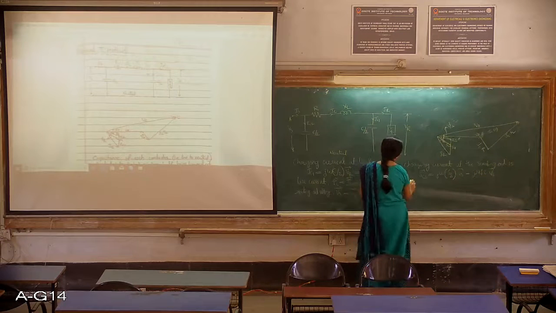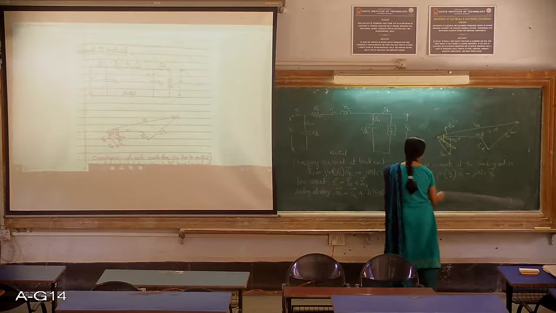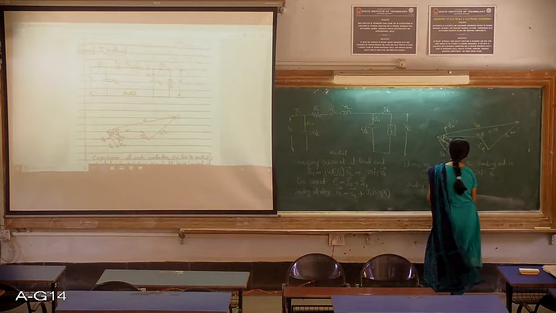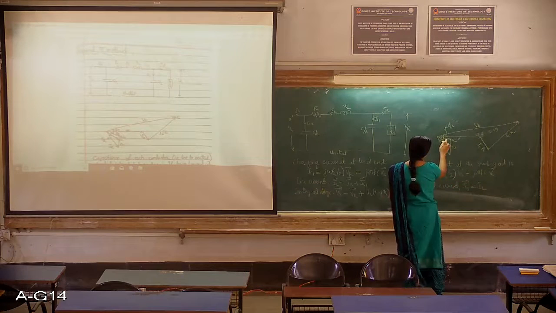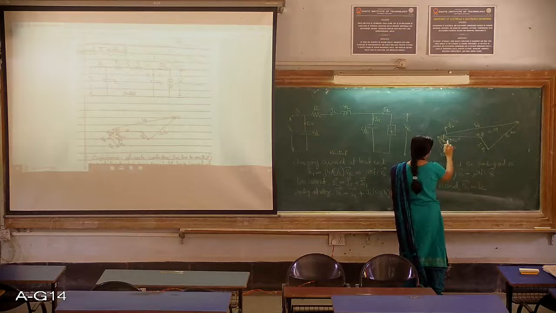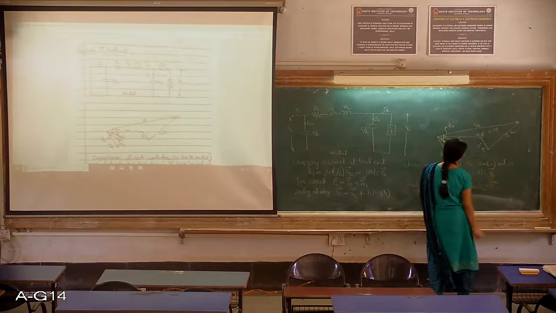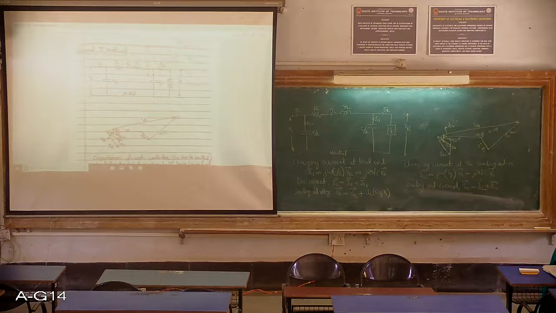Then finally last one, your sending end current. So sending end current Is will be IL plus IC2. Okay, so these are the formulae that you have to keep in mind for solving your problems. So we'll take up one quick problem on the pi method, and then we will start with your pending part of the analysis, that is long transmission line.